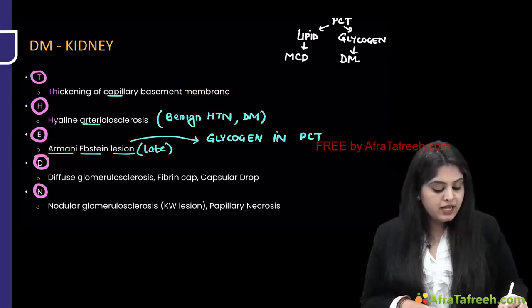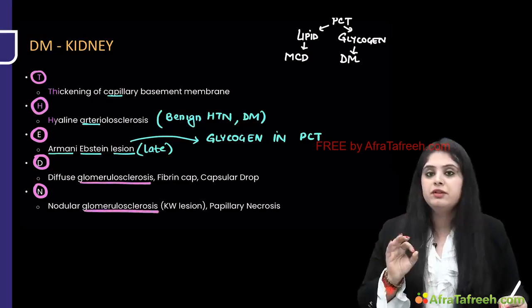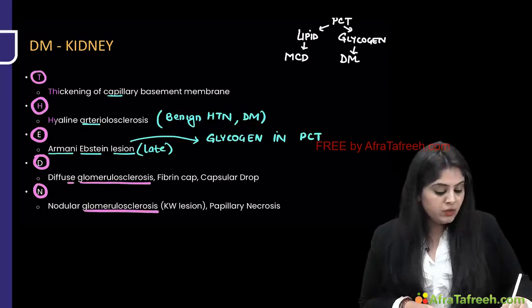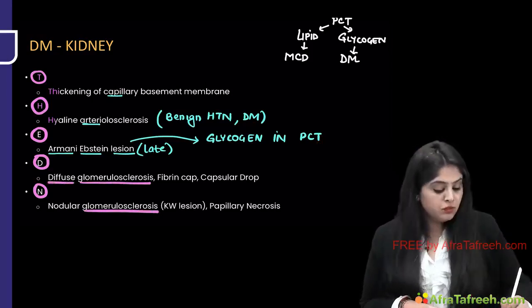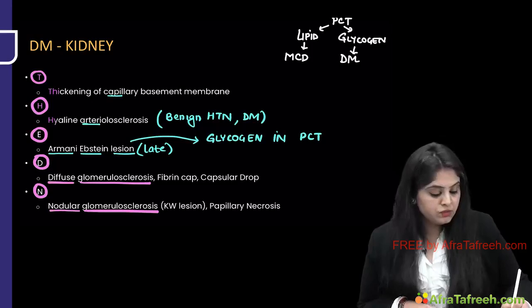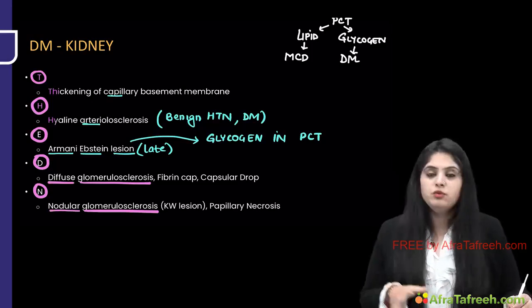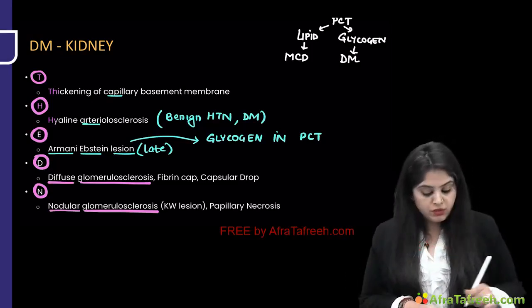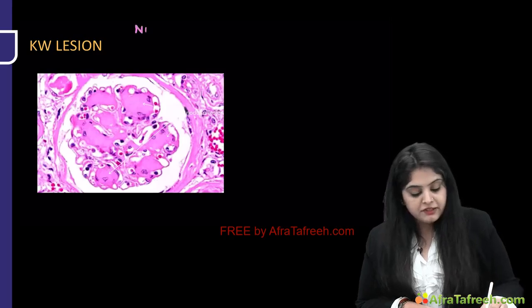What next? We have glomerulosclerosis happening. I've already taught you the meaning of glomerulosclerosis. So D and N, one is diffuse glomerulosclerosis, one is nodular glomerulosclerosis. Let me first explain that. Diffuse means everywhere. What is this nodular? Have a look at this. This is what you call NGS, nodular